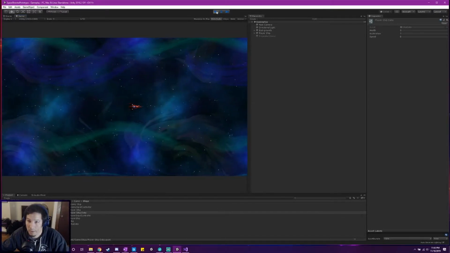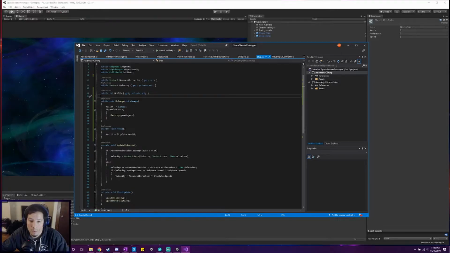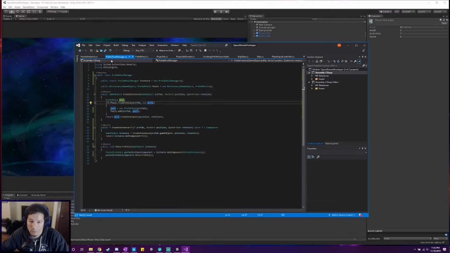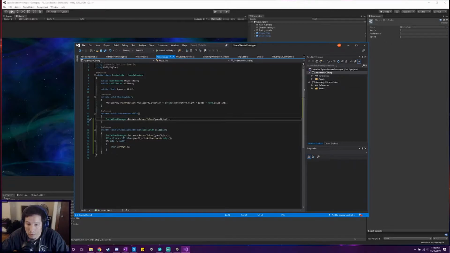So what's bad about this though is, first, we're calling destroy, which is never a good thing. We're going to have to recycle them. The other thing is we're checking for a ship here, and that's not really the best bet. We should do something a little more generic so that if we have obstacles, asteroids or something,